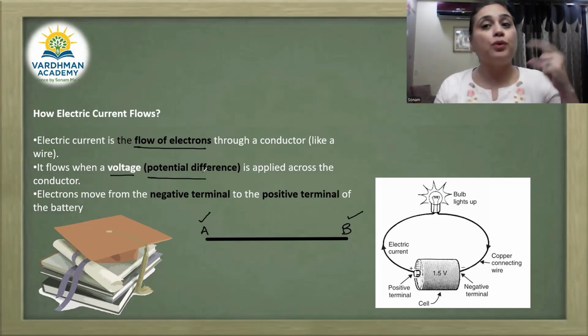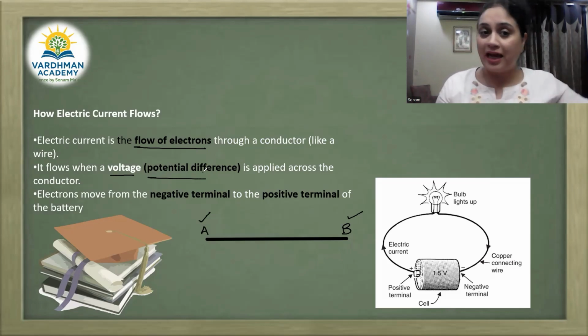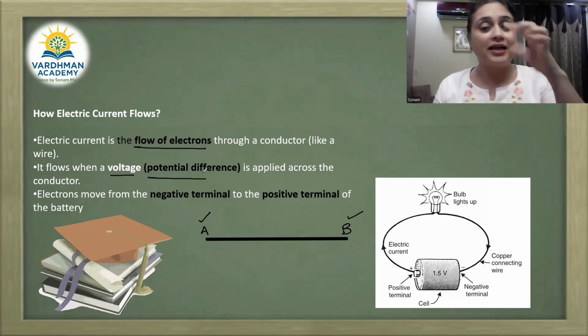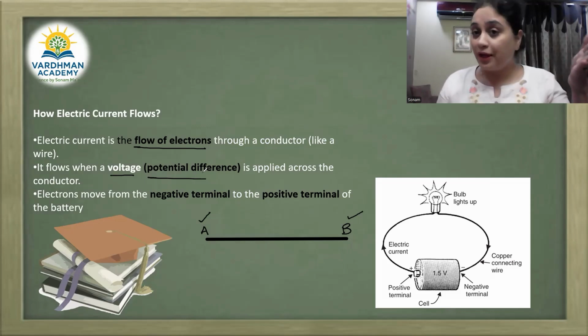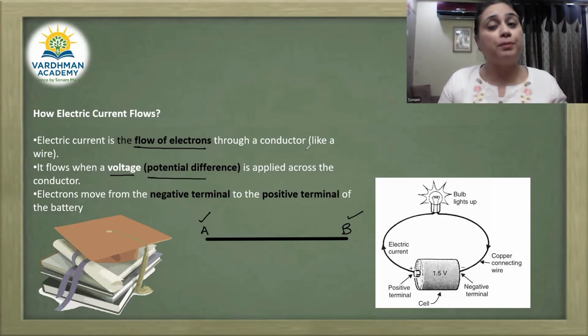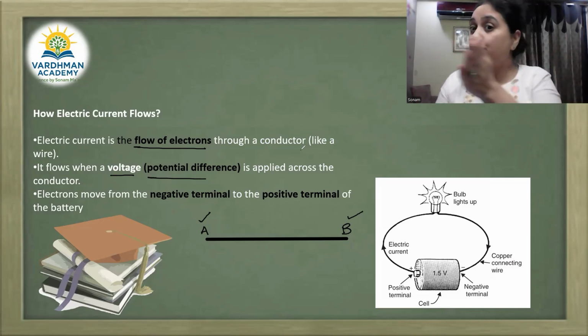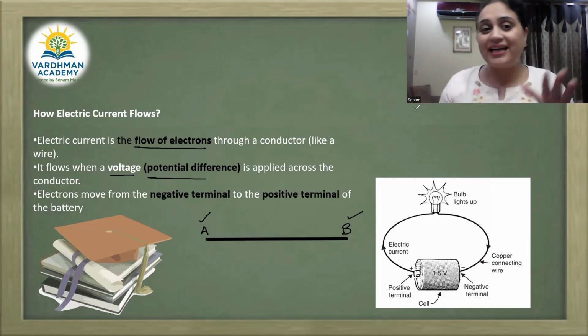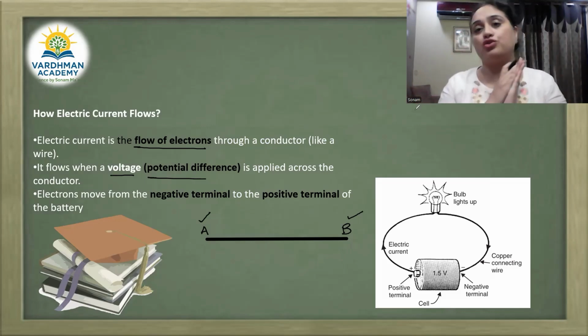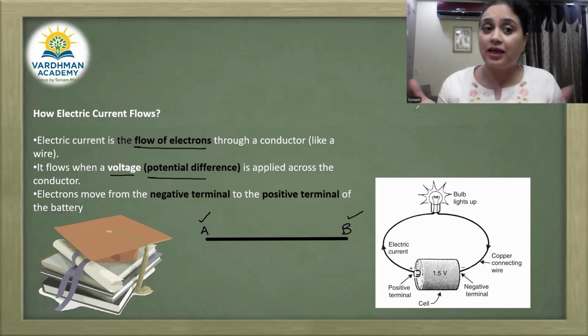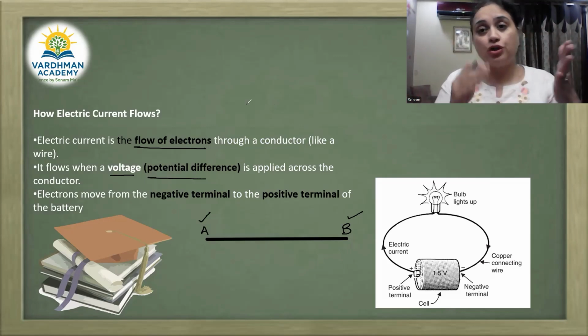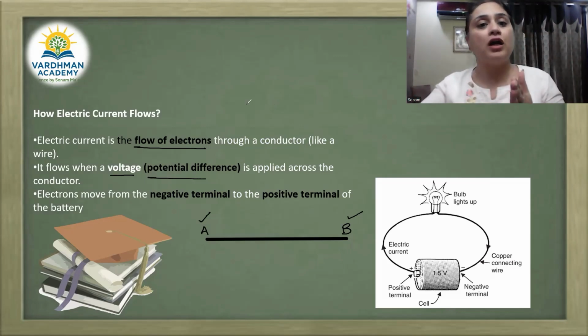If you put one end of the pipe into the tank, the water from that tank starts moving ahead, because the water will start moving from the region of high pressure to the region of low pressure. Exactly the same way the electrons do. Electrons भी ऐसे ही करते हैं. So जहाँ पे ज़्यादा potential होता है, वहां से कहाँ move करना start कर देते हैं? To the region of lower potential.